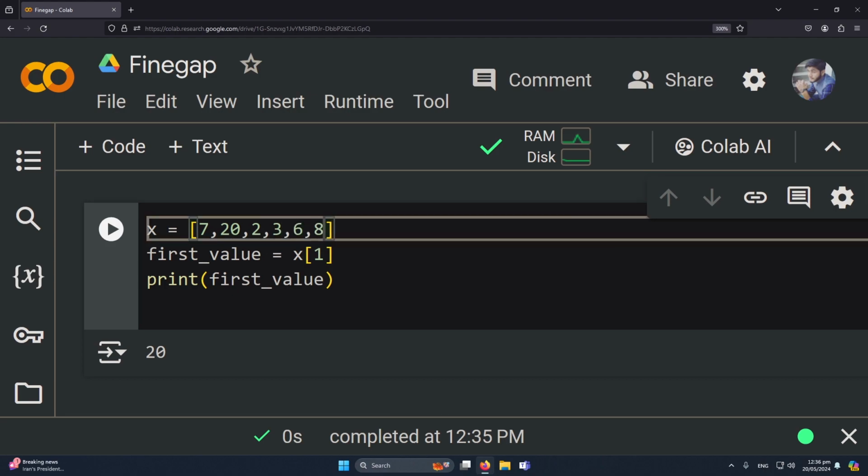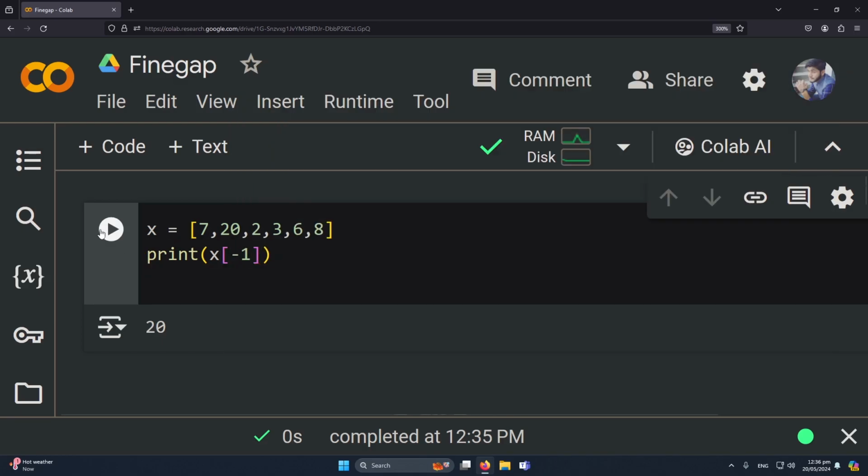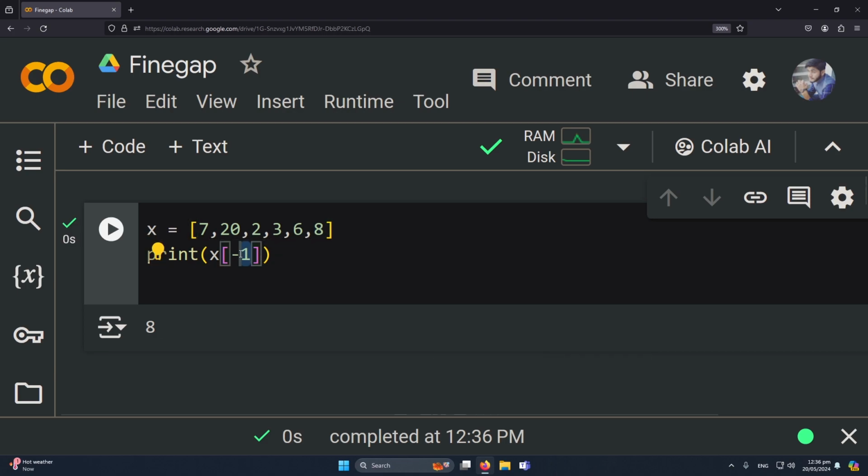Now let's assume that there are many other elements in our list and you want to access the last element of your list. Python also provides negative indexing. What it means is, I simply type my list name x[-1]. If I execute my program, you can see that I am accessing the last element of my list. Similarly, if I type -2 and execute my program, you can see that I am accessing the second last element of my list. So that's how, by using the negative indexing technique, you can access the list elements from the last to the starting position.